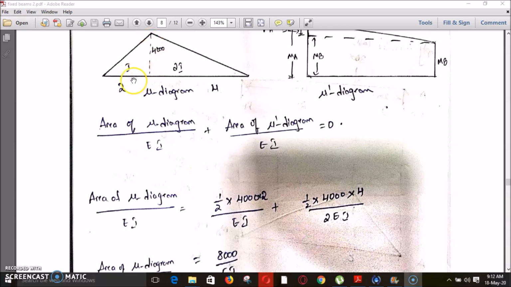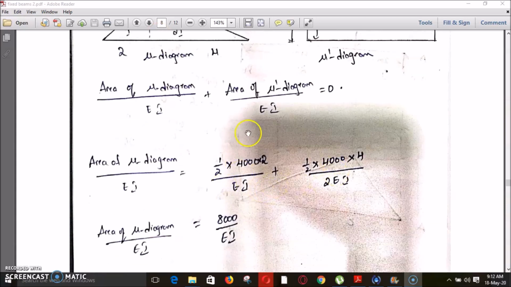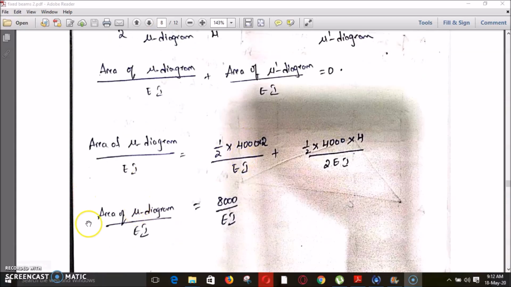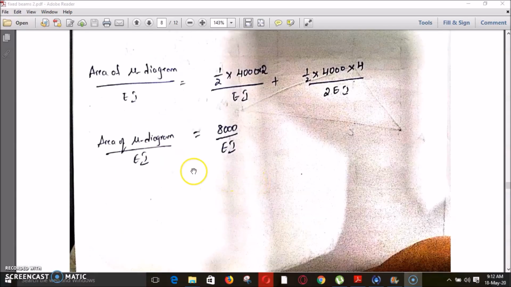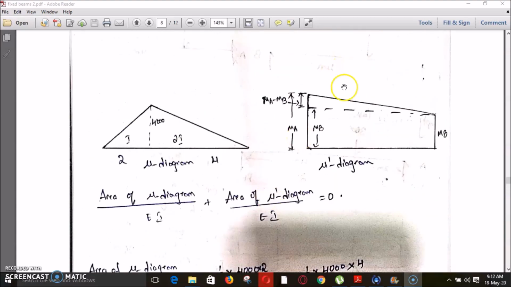This area is half base into height, half 2 into 4000 divided by EI, and this one becomes half 4 into 4000 divided by E into 2I, that is 2EI. So by calculating this, we will get area of mu diagram by EI value as 8000 by EI. Coming to this mu dash diagram,